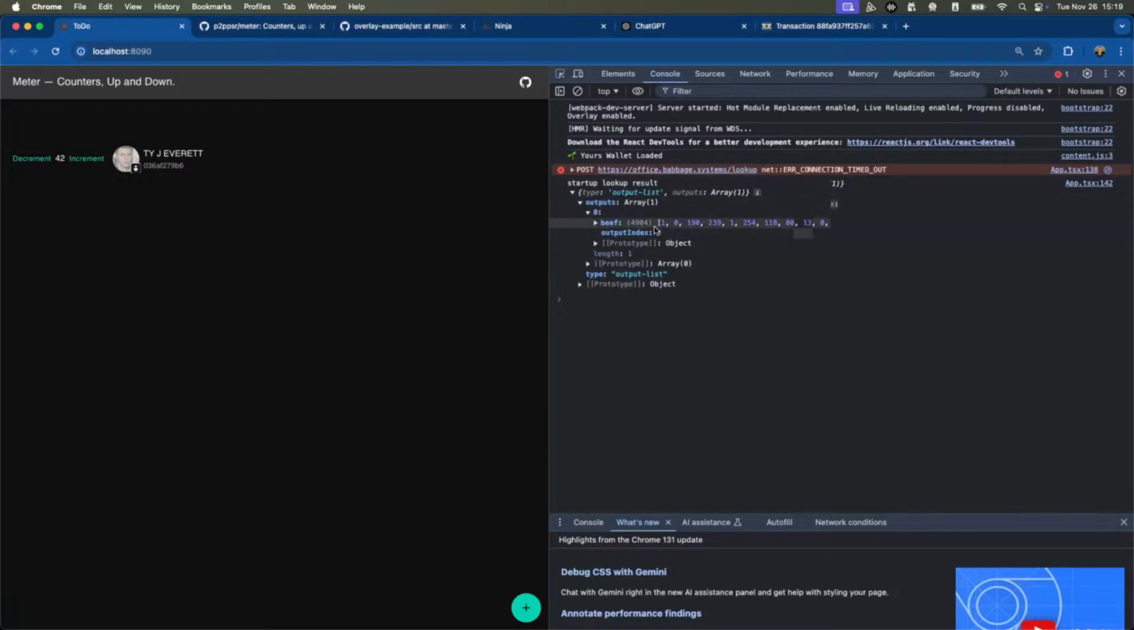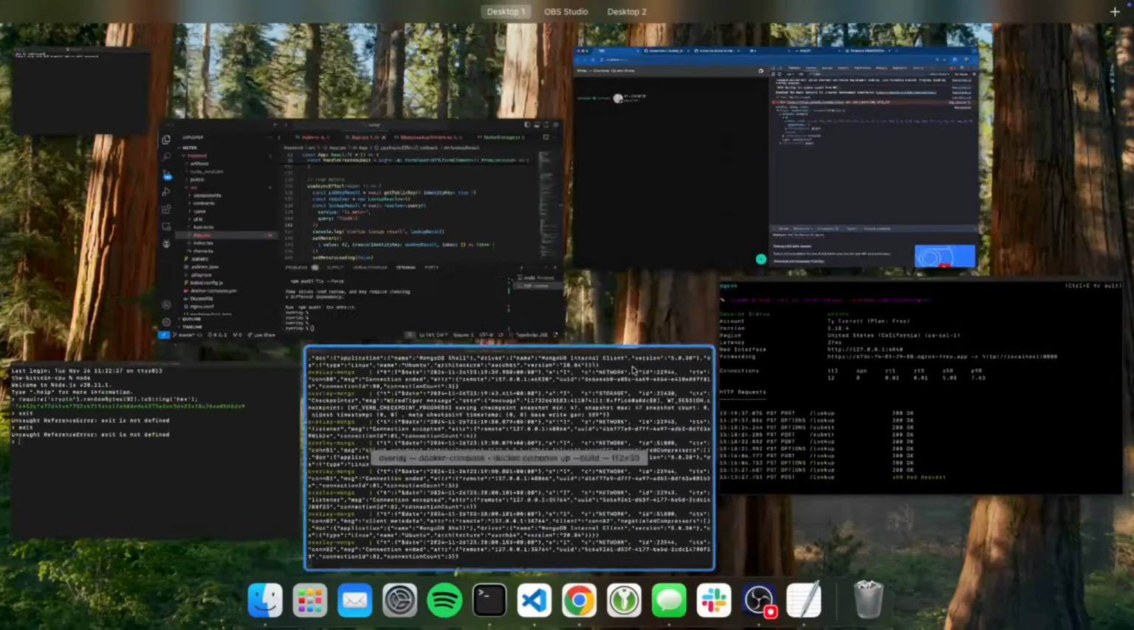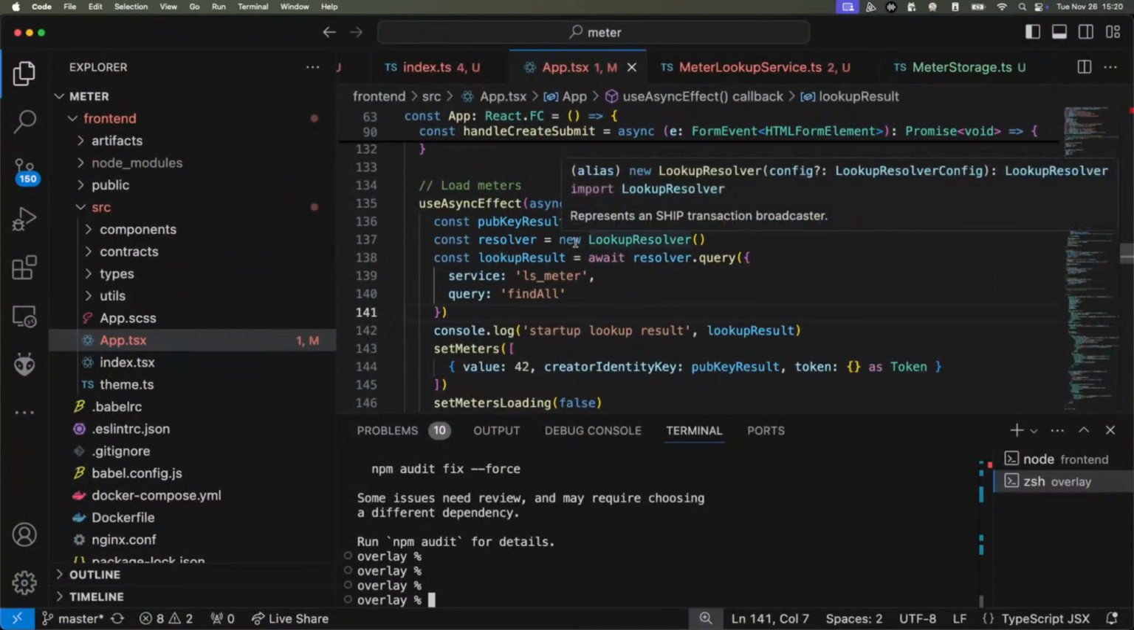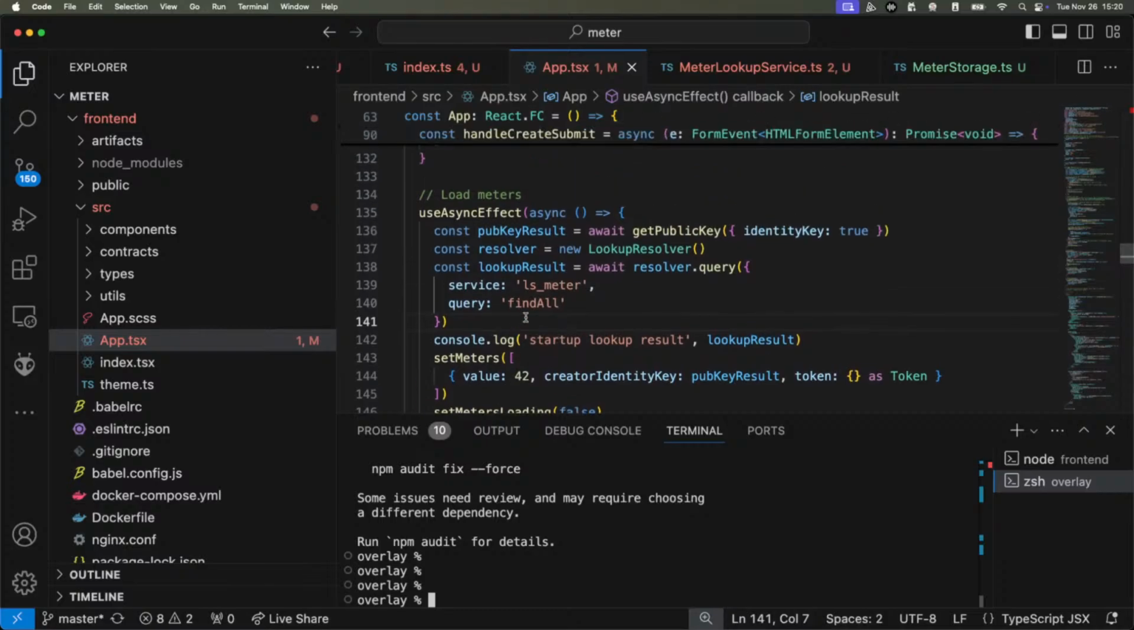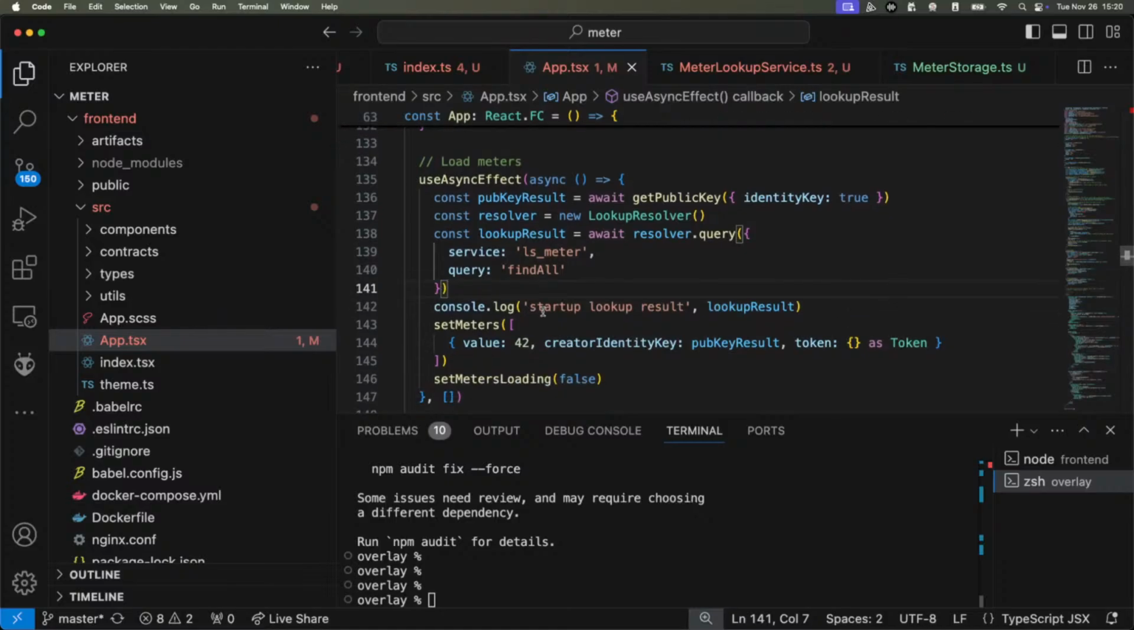And when we open it up, we can see the output index of 0, and we have the beef there. And that can be used to actually parse out our count here. So currently we're putting in some dummy data with a count of 42. But now we have an output list with a beef result in it. So we're now performing a lookup from this overlay that we've just created that indexes these things here, on startup. And so we have this, it's type output list,